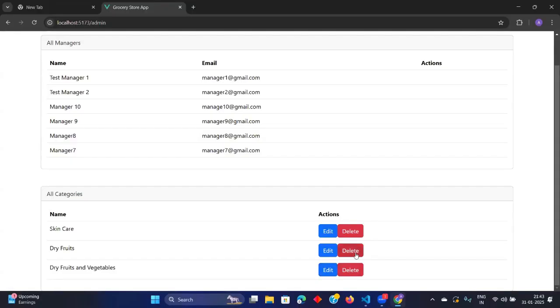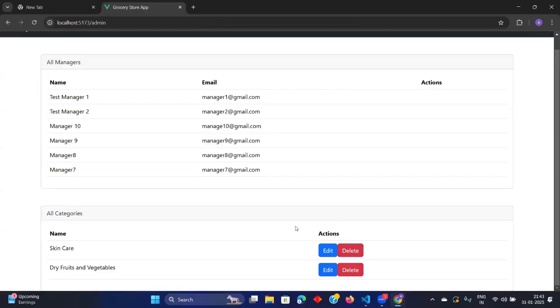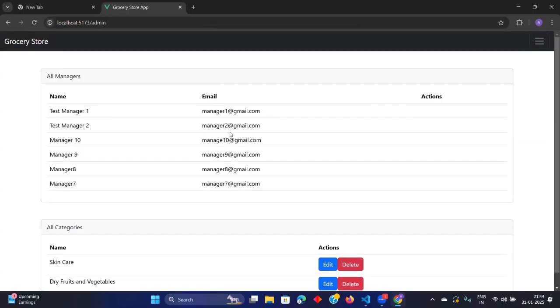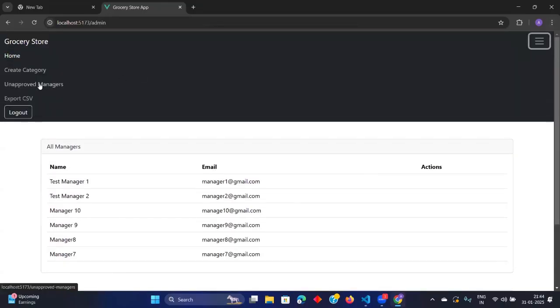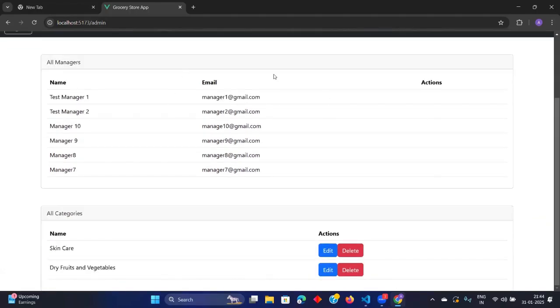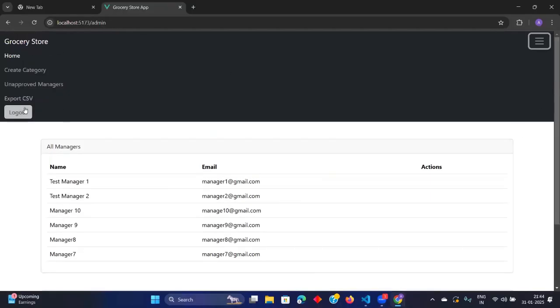Okay. Delete is also working. We have seen this yesterday. Let me delete dry fruits. So deleted successfully. Now it is updated also because we have commented the cache thing. Now nothing needs to be done here. We are approving the managers also, so we can just remove this extra thing for unapproved managers because we are already seeing this in the main page. We need not see whether the manager is approved or not approved. We will just see a button here. Let me just remove this.